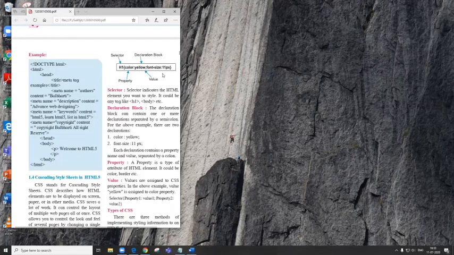And the last important point in this syntax is that the declaration blocks are surrounded by curly braces. This is entirely a different syntax for all of us, because in HTML, none of these things are used. So when we use CSS, this is how we are supposed to write the selectors.